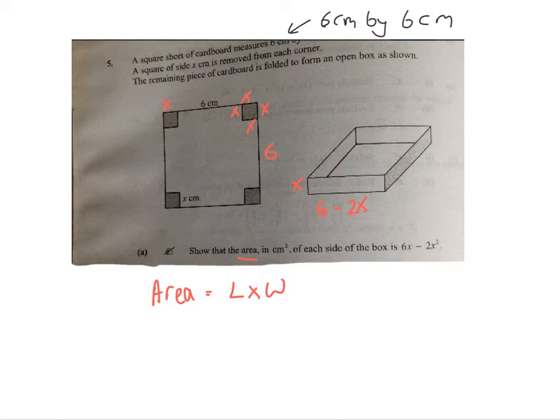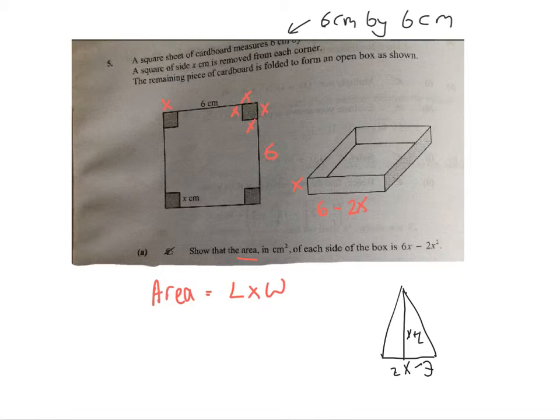And in doing so, you've shown that the area of each side of the box is 6x minus 2x squared. Now this line of thinking also applies to other kinds of shapes. For example, if you were given a triangle and you were given the perpendicular height, say x plus 2 or something like that, and then the base, say 2x minus 3,